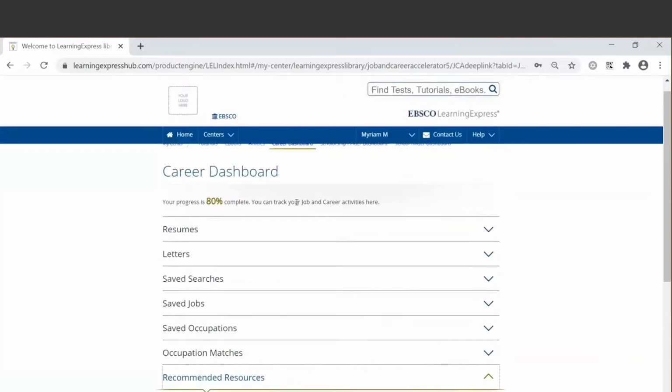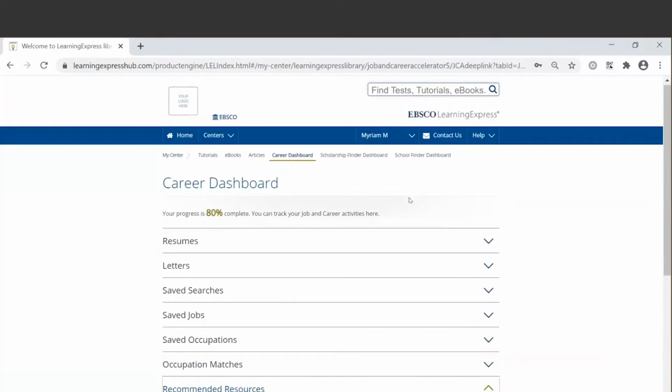So your users will have access to all of that. Please note that users must create a username and a password in order to have full access to Job and Career Accelerator and to be able to re-access all of the work that they have done within this platform.